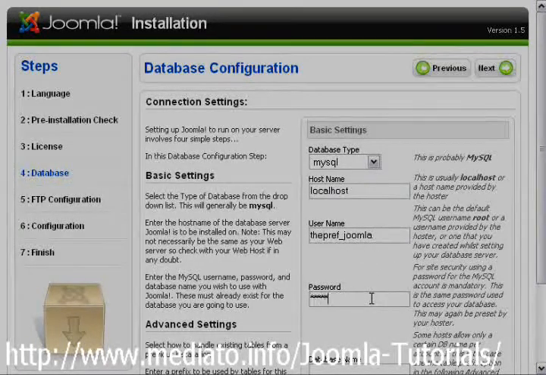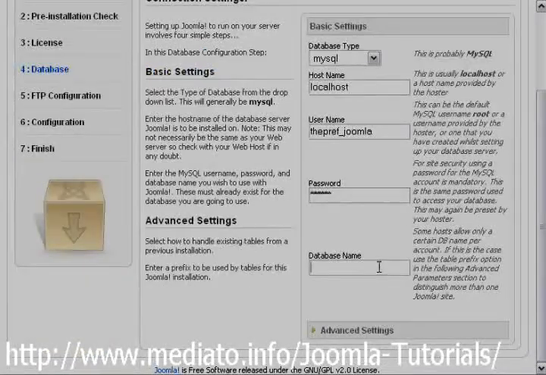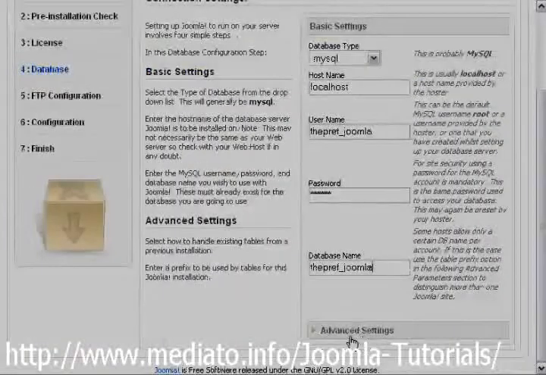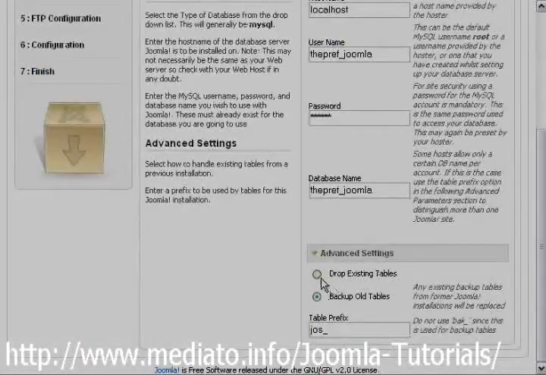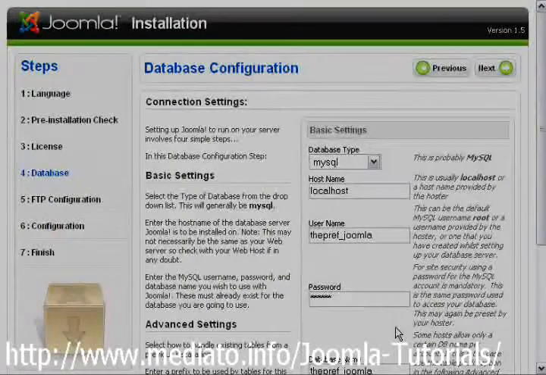We enter our password, which happened to also be Joomla, and the database, just like with the username, begins with the host, the root prefix, the user prefix for the hosting account, and then the database name. There's also advanced settings where you can, if you're installing this over an old site that you don't want to use anything for, drop the existing tables or you can back them up